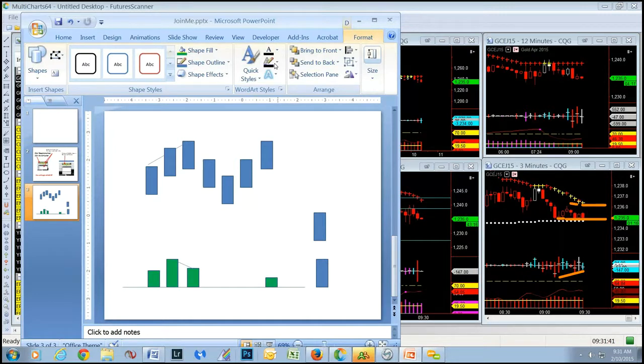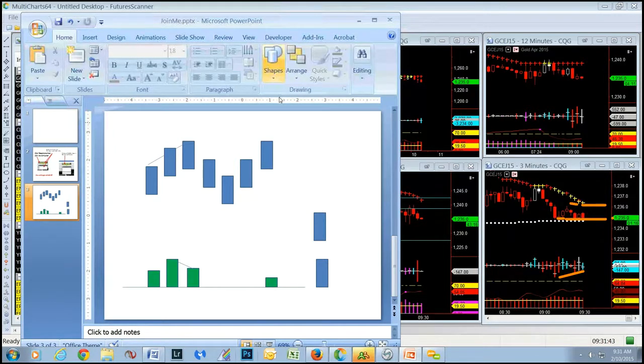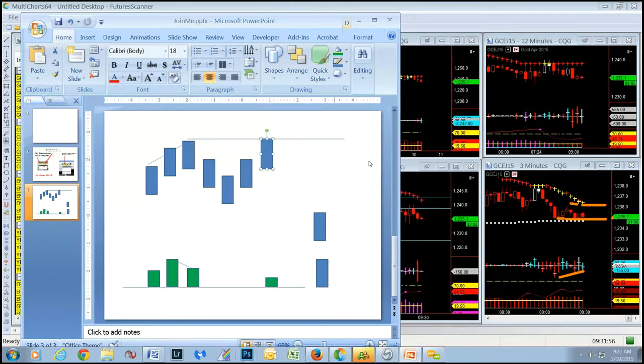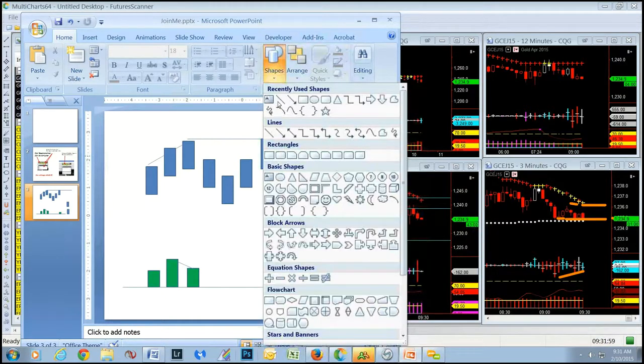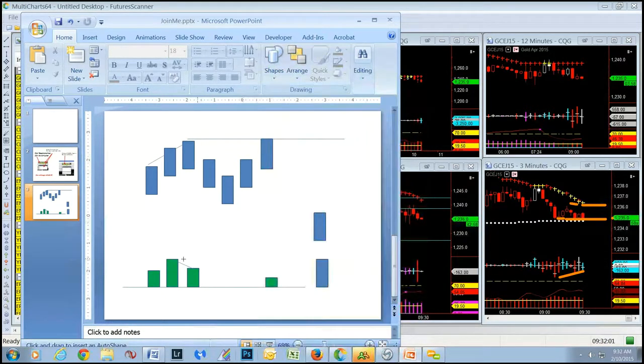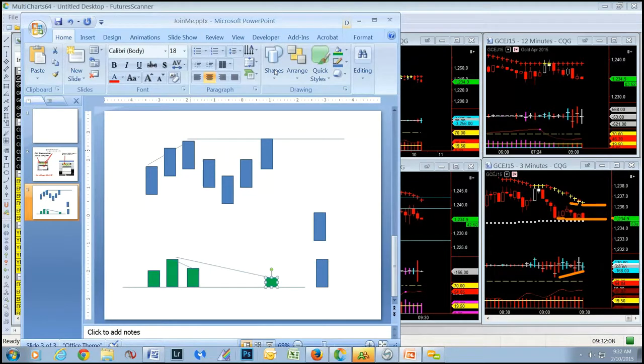What you forget to do, and Christian, this is what you sometimes forget to do, is you come back to this high here, okay, and let's say it at least came to that line. Well, now you have volume divergence, and this is what we saw on gold. You see volume divergence here, okay? And what you forget is that,